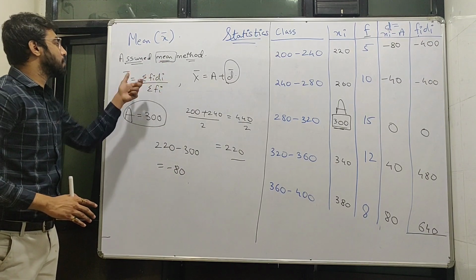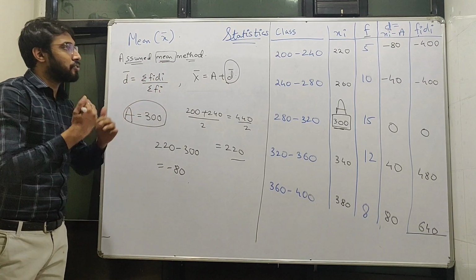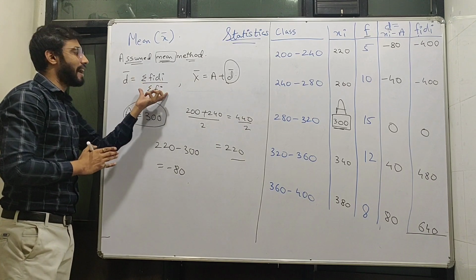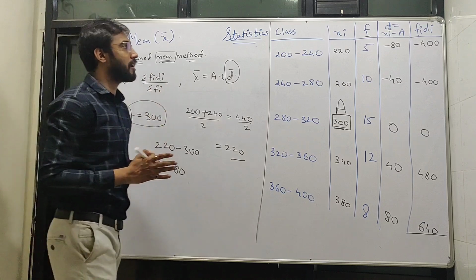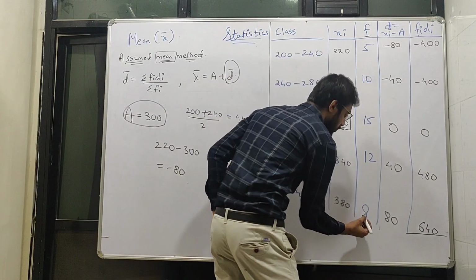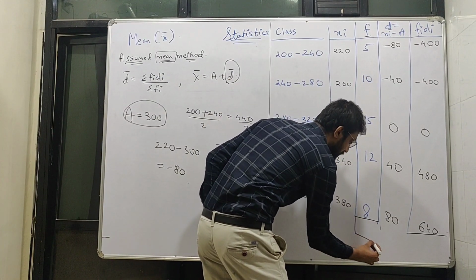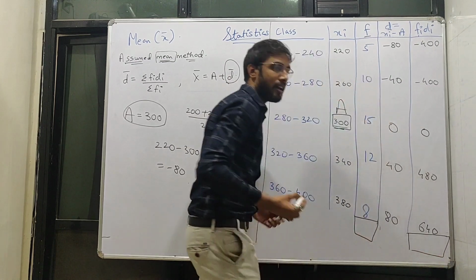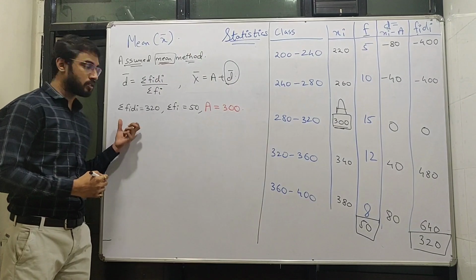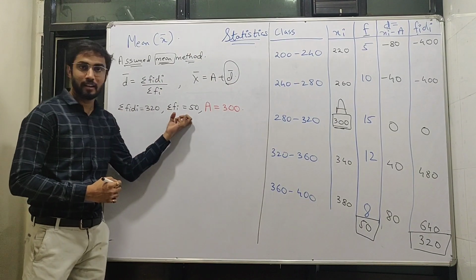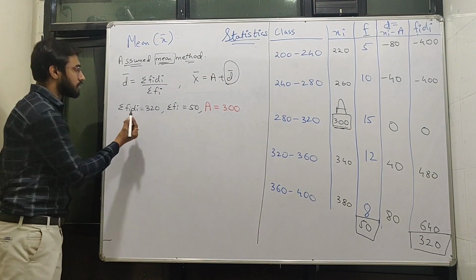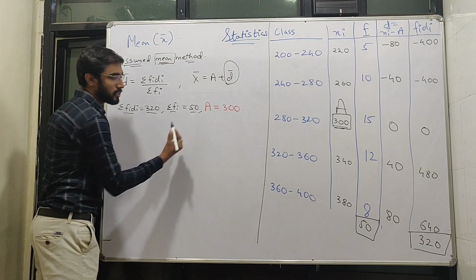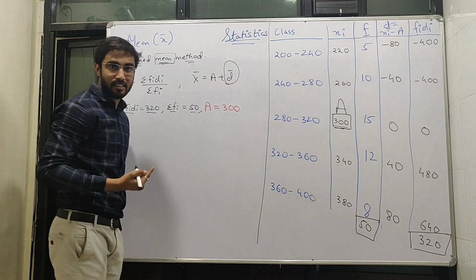So next we have our formula here: summation fi di upon summation fi. You can calculate the values here by pausing the video for fi di and fi. Okay? All we have to do is add all the values for summation fi di and summation fi, as in this table and this table. Here, calculate the values and check with me. So the values for fi di and fi by summation, check the values. The summation of fi di is 320 and the summation of fi is 50. All you have to do is add the two tables.